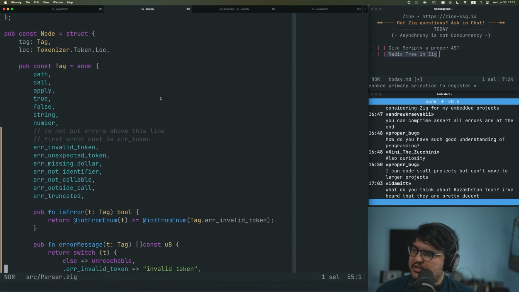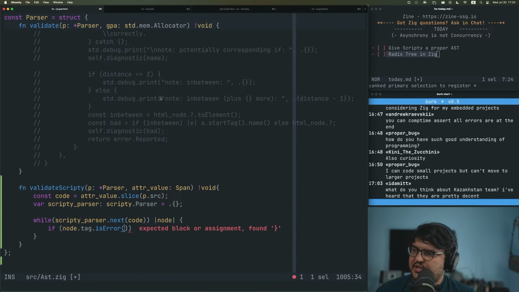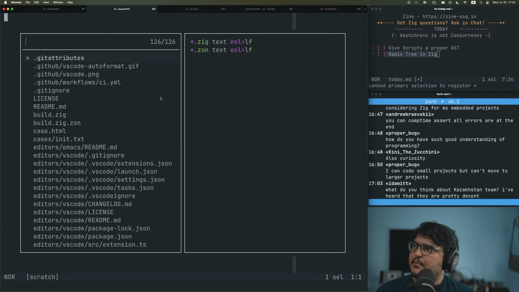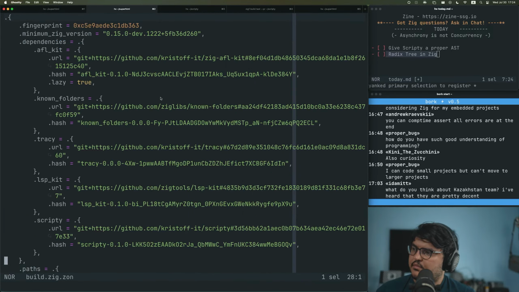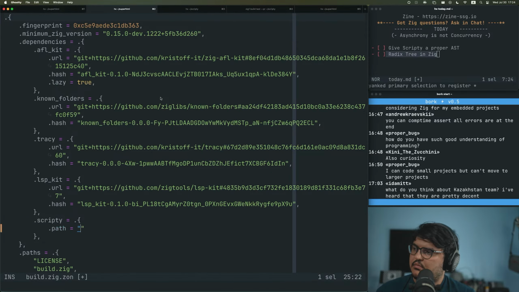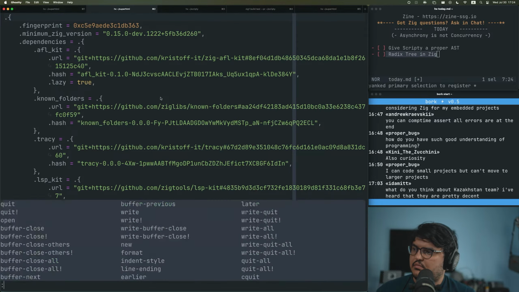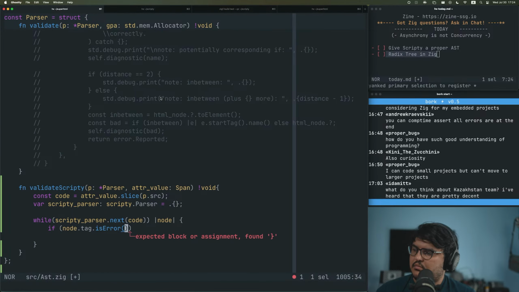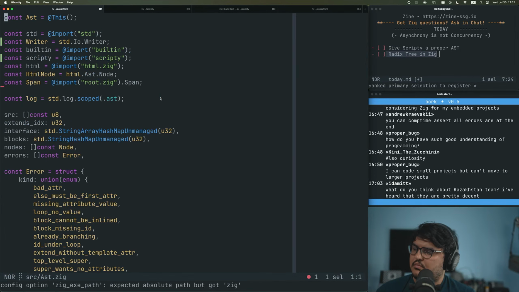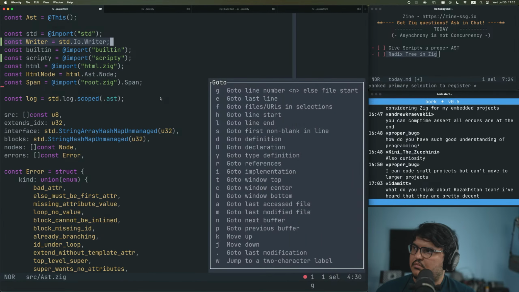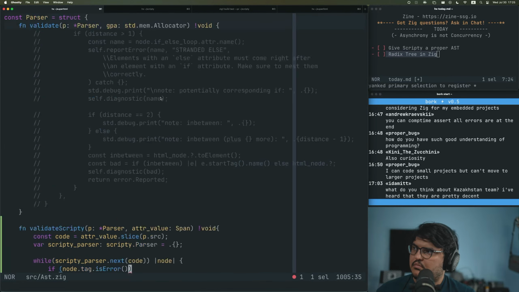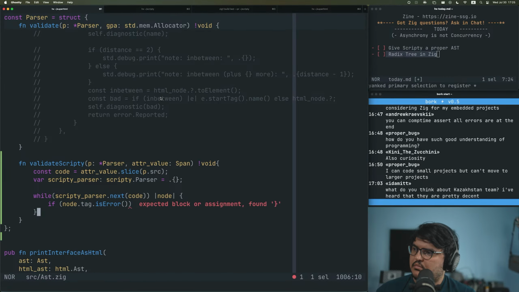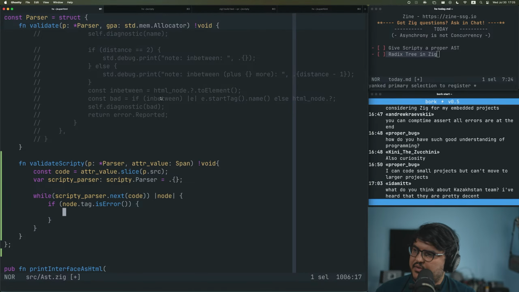Yeah, it's node.tag.is error. All right, the reason why we don't see this is because we haven't updated yet. I guess I can do this. Zig is on. Yeah, there we go. It sees it. So if the node tag is error,